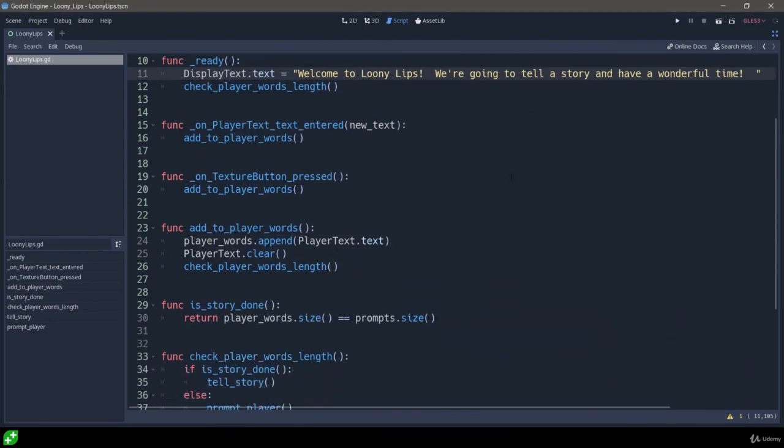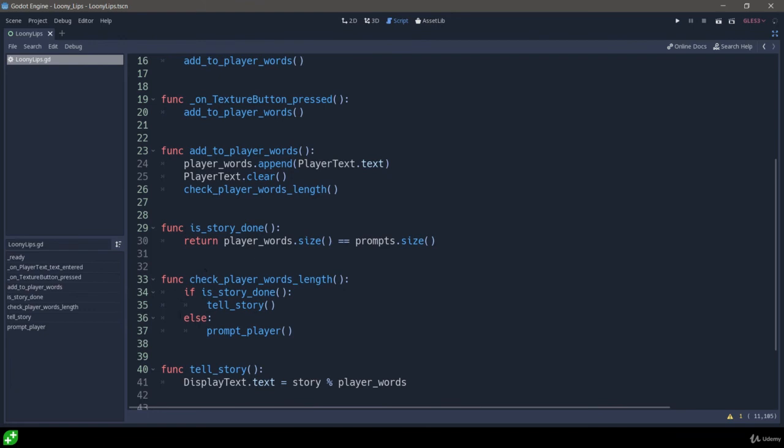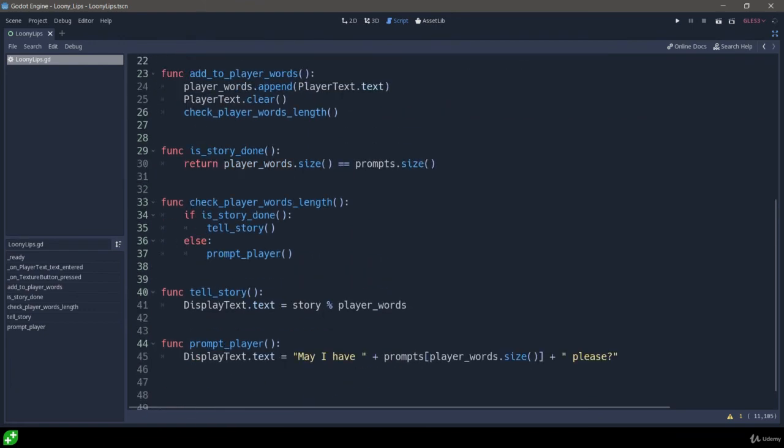Why does it do that? Because in check player word length, I'm saying prompt the player. And in prompt the player, I'm now setting the display text as something else. So I'm immediately overwriting it. So instead of equals, I'm going to use plus equals. Plus equals means add this to what exists. So now when I press play,